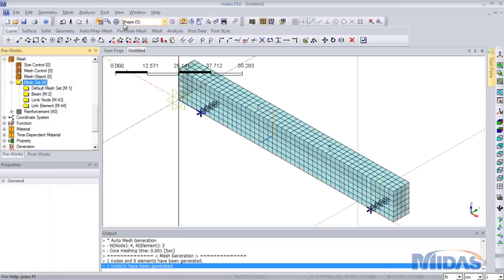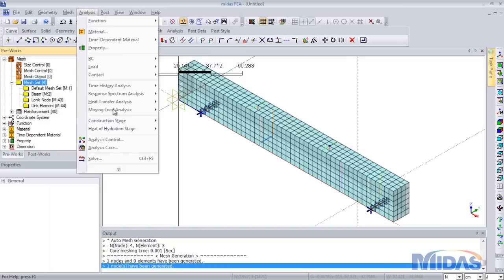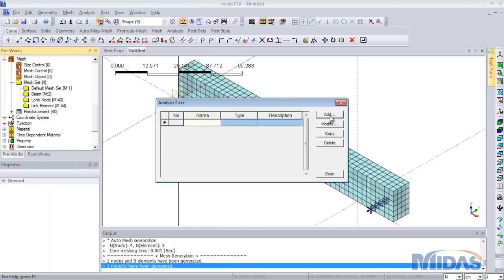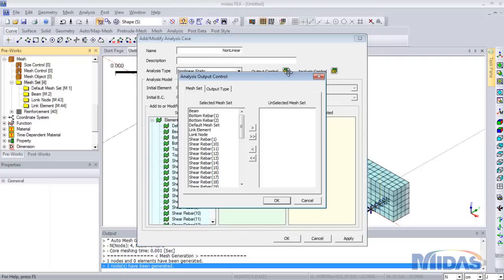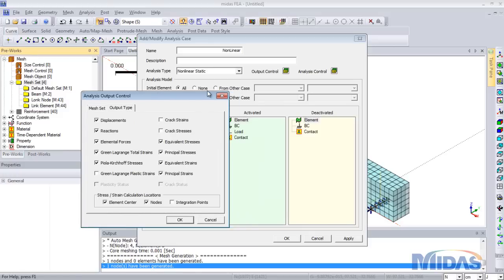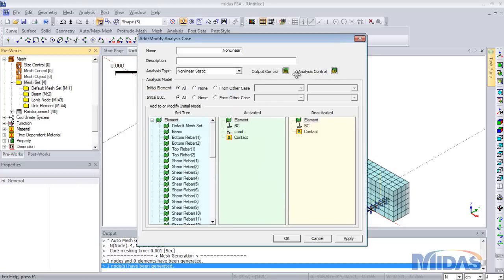So for analysis case, you have to click on analysis case, add. The type would be non-linear, which can be selected here from this drop down box, non-linear static. Make sure to check the crack strain and stresses in the output type, otherwise we will not be able to get the results for the cracking. And in the analysis control,